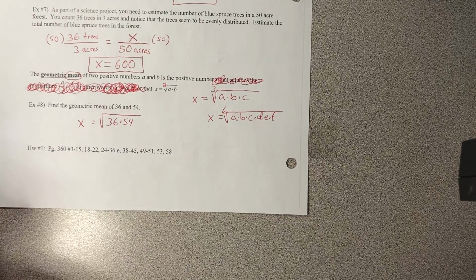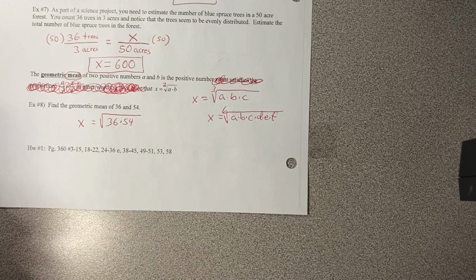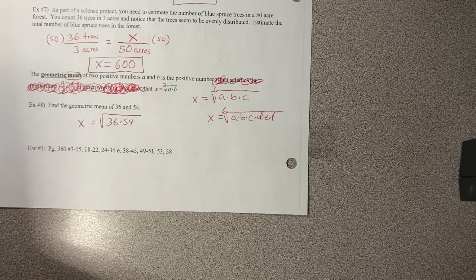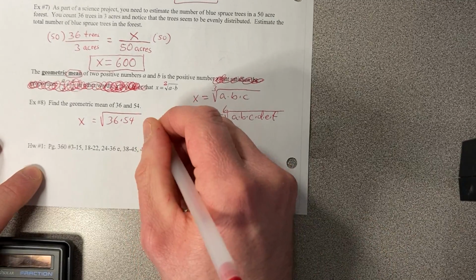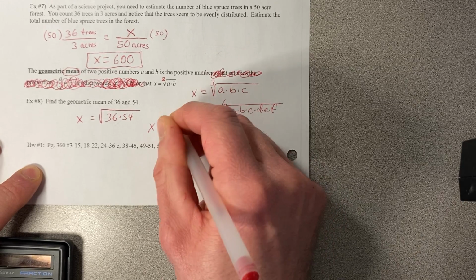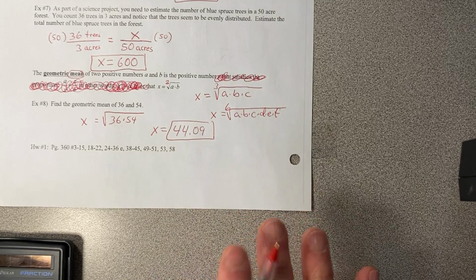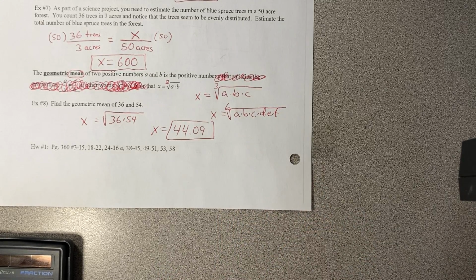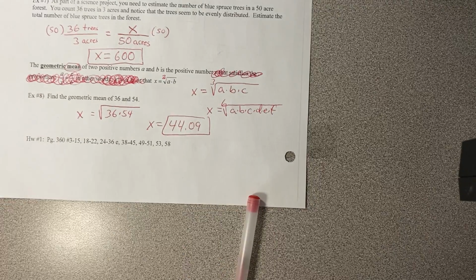Okay. Well, what do you guys get for the geometric mean? 44.1. Did you have to round it? Yeah. So is everybody okay using their calculator? Mr. Aiken, for 2 numbers, did you just say you really don't have to put that 2 in front of it because that's just what a normal square root automatically implies? Yep. Okay, so ladies and gentlemen, that's our